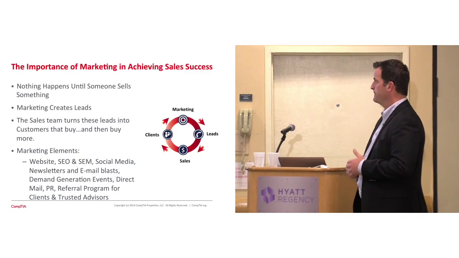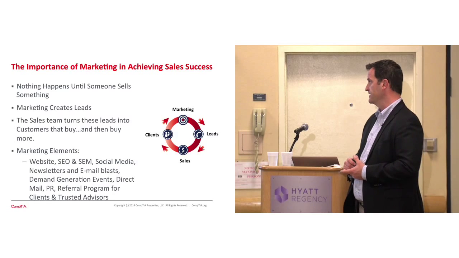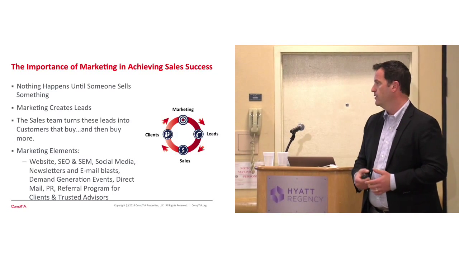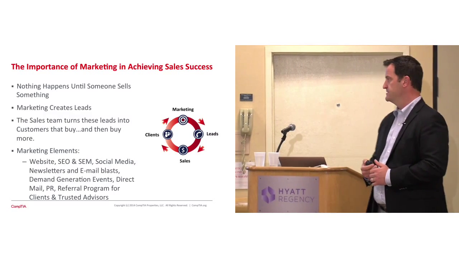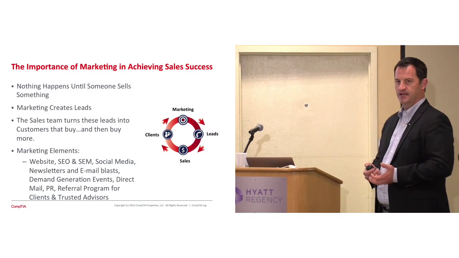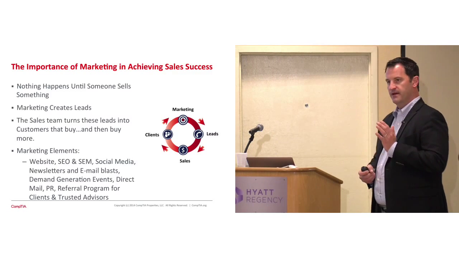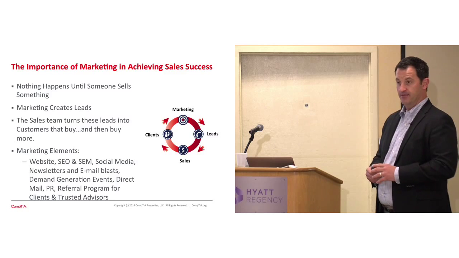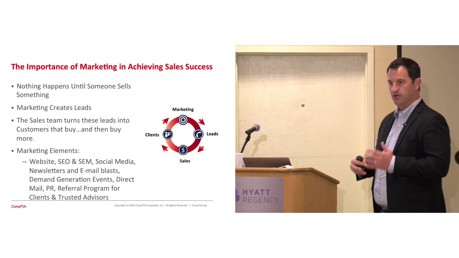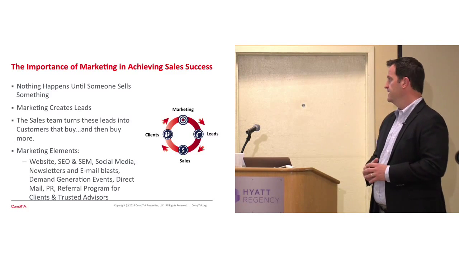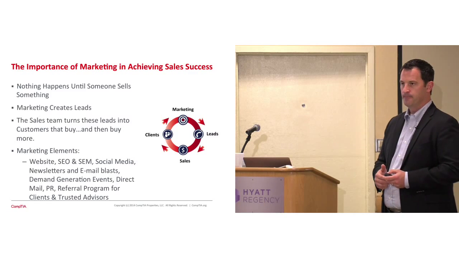At the end of the day, nothing happens until someone sells something, so you have to market your solution. And we'll go into a lot more depth in Class 201, but bottom line, what you want to say is that the number one way to make a salesperson fail is to not give them marketing, right? They go together. Marketing's job is to generate leads, and salespeople's job is to sell them.